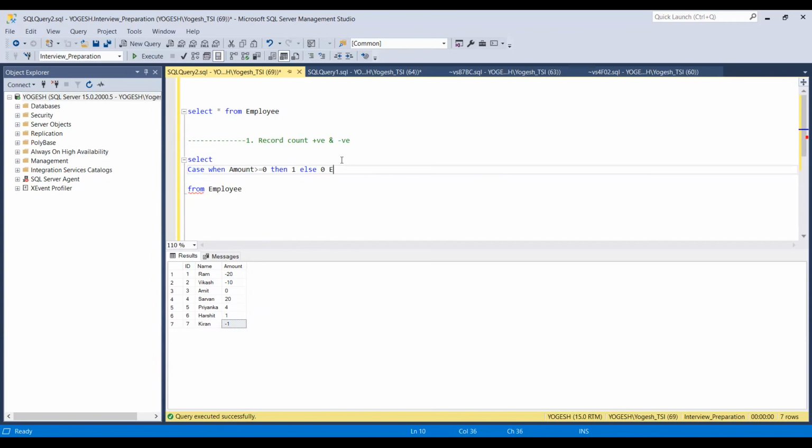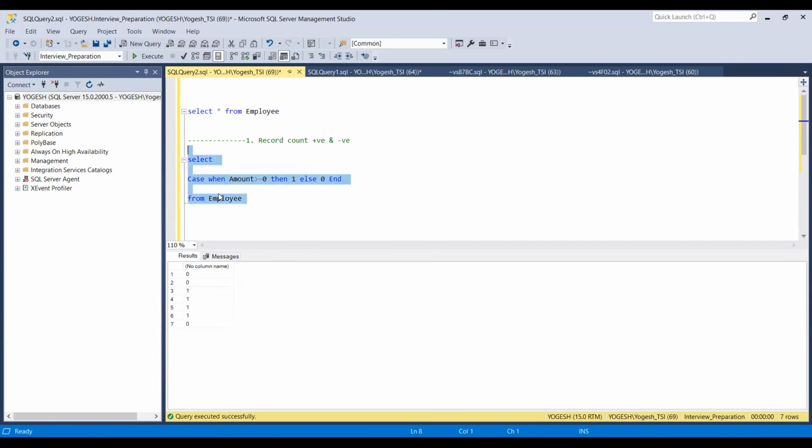And just end the case statement. Now you are done. If you execute this query, see the values.